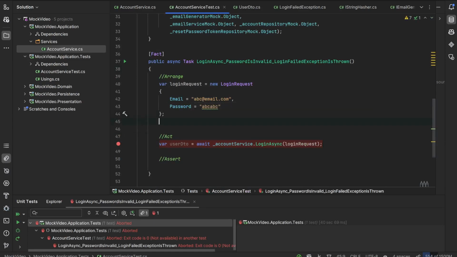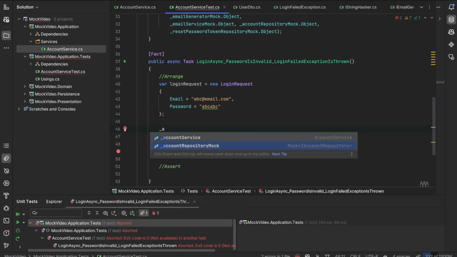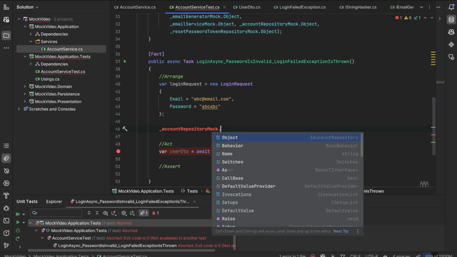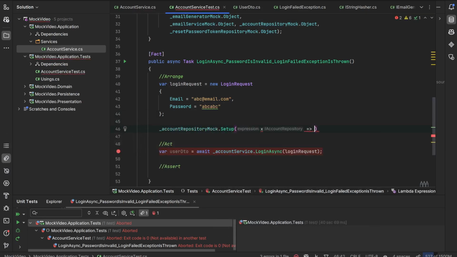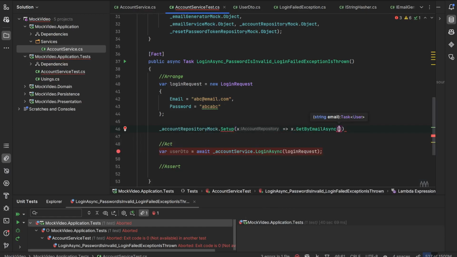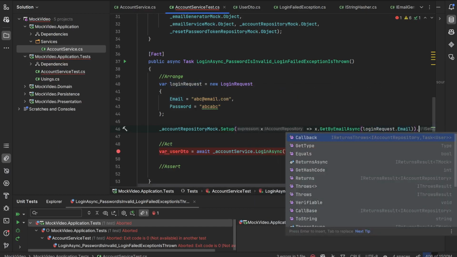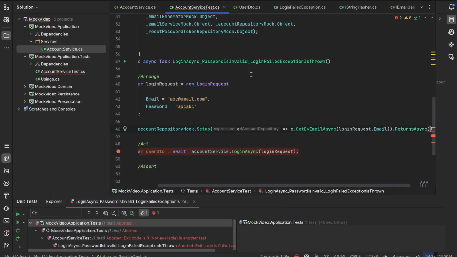And we have to set up the account repository. So, account repository mock setup, and as you remember, it was the get by email async method, and we are giving the login request email, and we'll write returns async